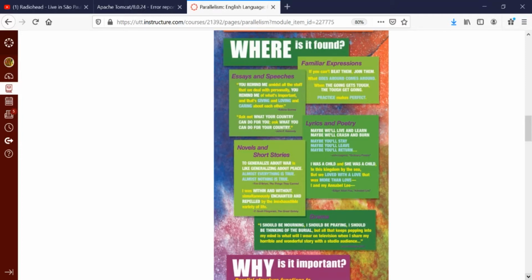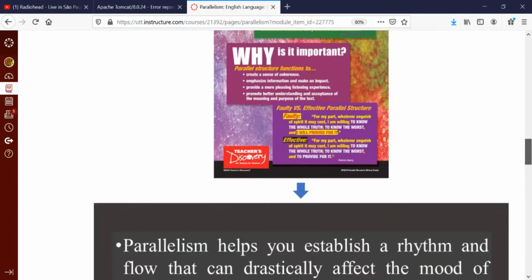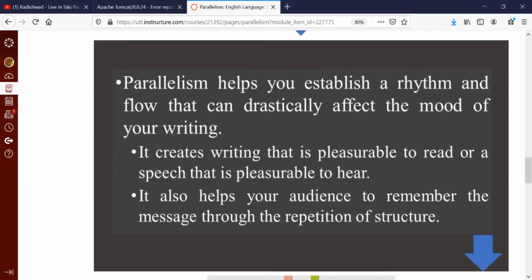Essays, speeches, expressions or idioms, music, poetry, fiction, non-fiction, drama. We find parallel structures, right? So what parallelism helps you do